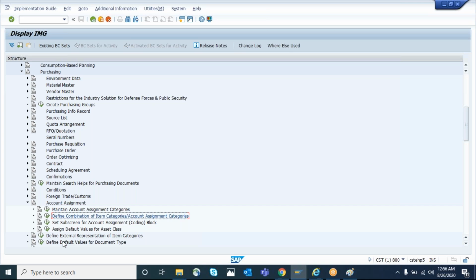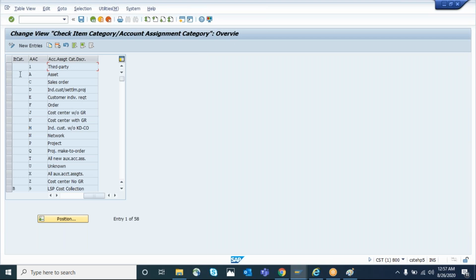See, for example, whenever you create a new account assignment category, this configuration should be completed, because where do you want to use this account assignment category? Do you want to use it with a service PO? Do you want to use it with a standard item category related PO? So for that combination, we need to maintain it. For example, the new account assignment category J should be used only for service POs. Then in this configuration, you need to maintain D and J. For that combination only you have to maintain. So the system will never allow a normal purchase order to use this J indicator.